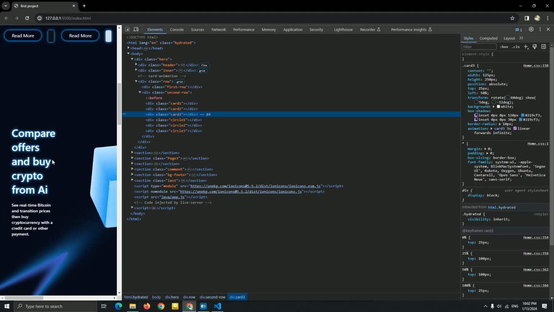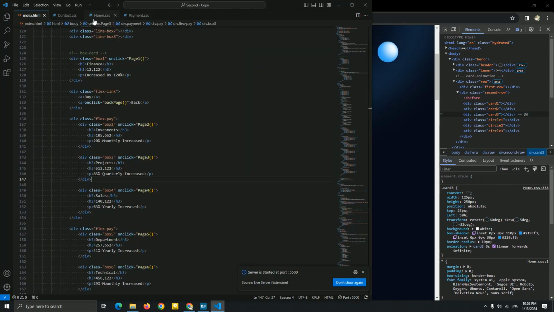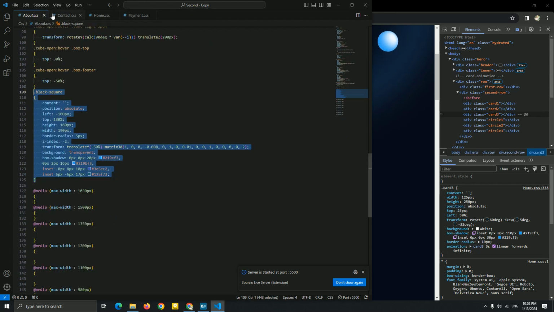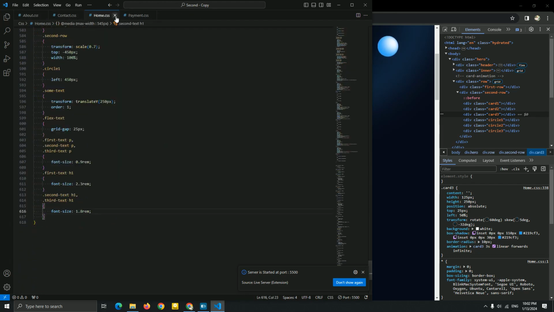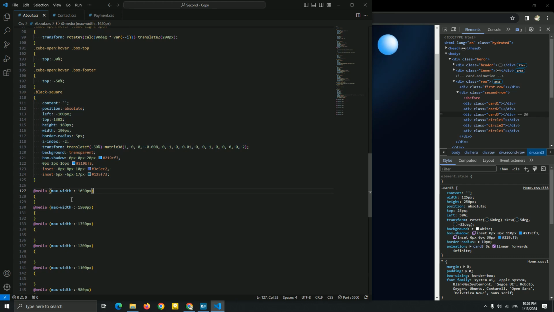Let's go for the about page to resize it, guys. So for this about page, let me just open it. We don't need this anymore. Okay, this is our homepage. We just finished the homepage. Now for this about CSS, we don't need this media, we don't need this media. I'm gonna just delete it.